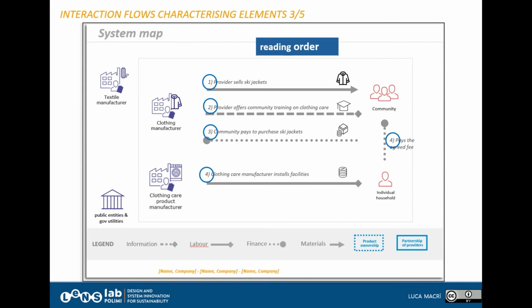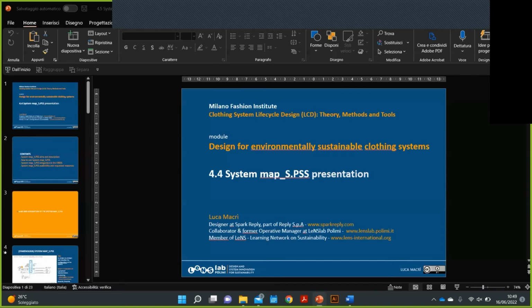And obviously there is an order. So again, the scheme is getting complex, so you need to have a reading order. When someone is going to see your system map, we need to know where to start and immediately how to follow the flow that the system map is suggesting. So it's not just a static representation, but it also shows a kind of journey that is happening in your